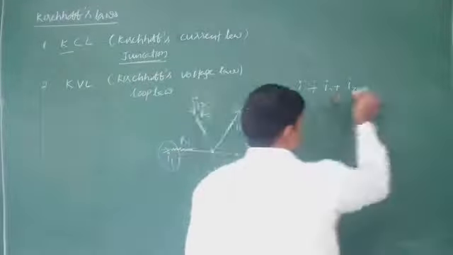When that I1 current approaches the junction B, it also splits into two parts. The current passing through the galvanometer is IG, and the current passing through the resistor Q is I3. Here current is passing in this direction. Here I2 also joins at the point D. So observe here, at point D the currents entering the junction D are IG and I2.